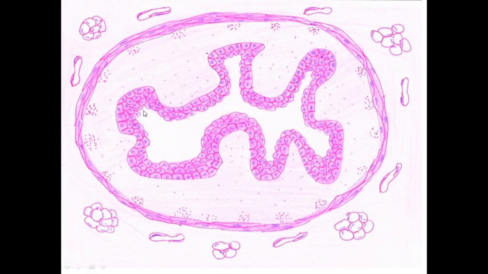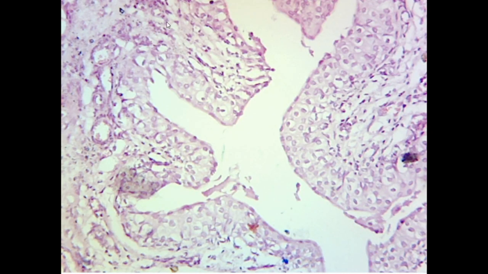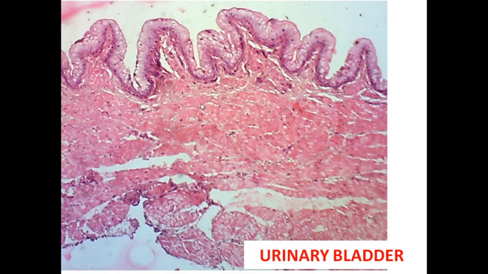So this is the inner mucosa layer, which consists of the transitional epithelium. This is the large lamina propria, which is thrown into folds, which leads to an irregular appearance of the lumen, said to be the star-shaped lumen. On the outer side, we have the muscle layer, which is inner longitudinal and outer circular. So that is about the histology of the ureter, and the slide is very easy to identify. If you see the magnified view, you can easily see the transitional epithelium. This is the transitional epithelium here.